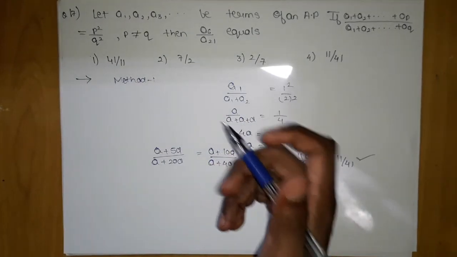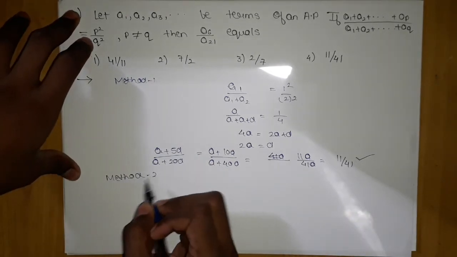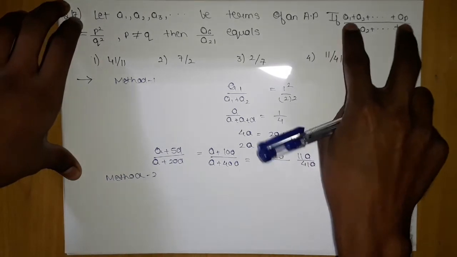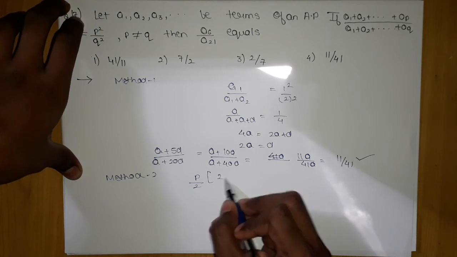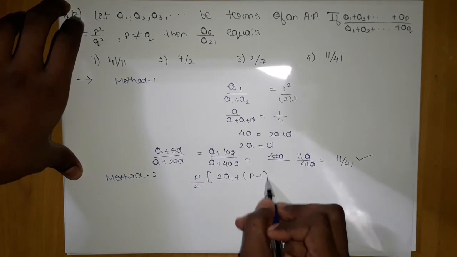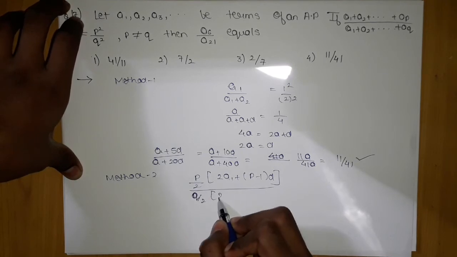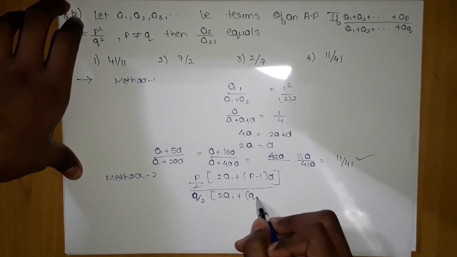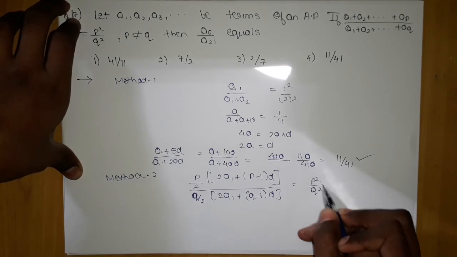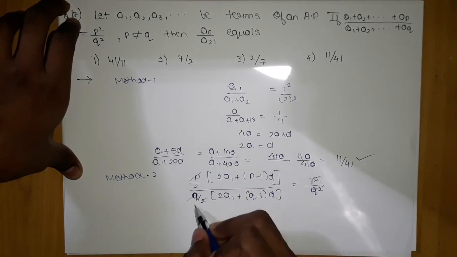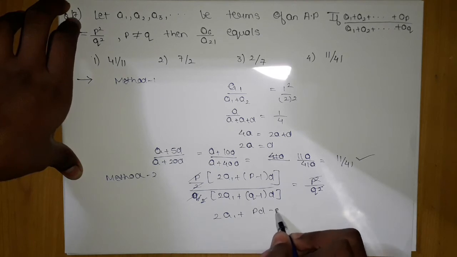While if you do method 2, which is the sum method, I think that it will take more time. Like here they have given p terms, so I will find the sum of these terms, which will give me p by 2 into 2 a1 plus p minus 1 into d, right? And here q by 2 into 2 a1 plus q minus 1 into d. Fine, this will be p square upon q square. Now it is very obvious, this and this and this will cancel out. My final answer, a1 plus pd minus d.